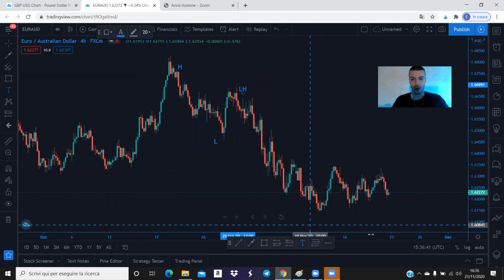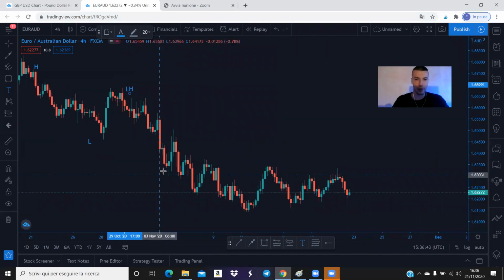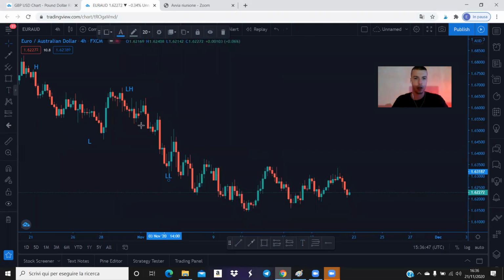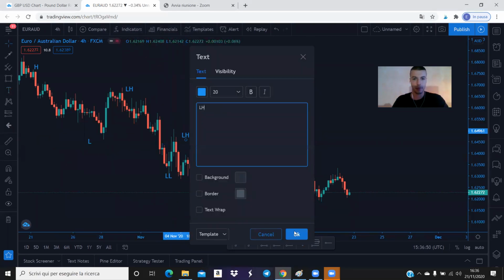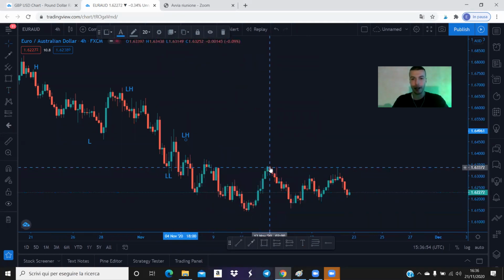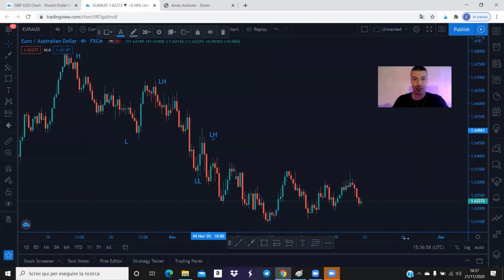Actually, if we want to see all of them, we have a lower low right here, lower high again, lower low, lower high, lower low, and finally here it is starting to range, because here it is just like the